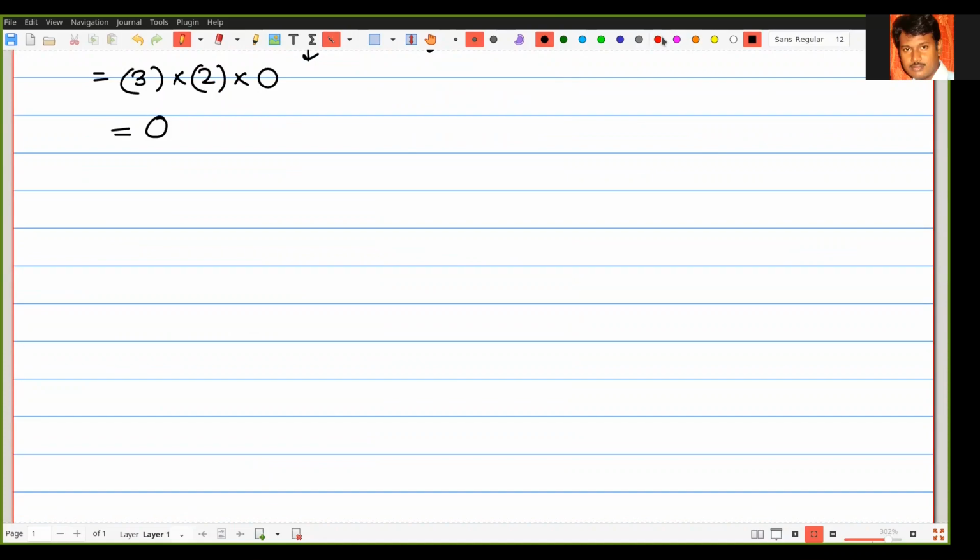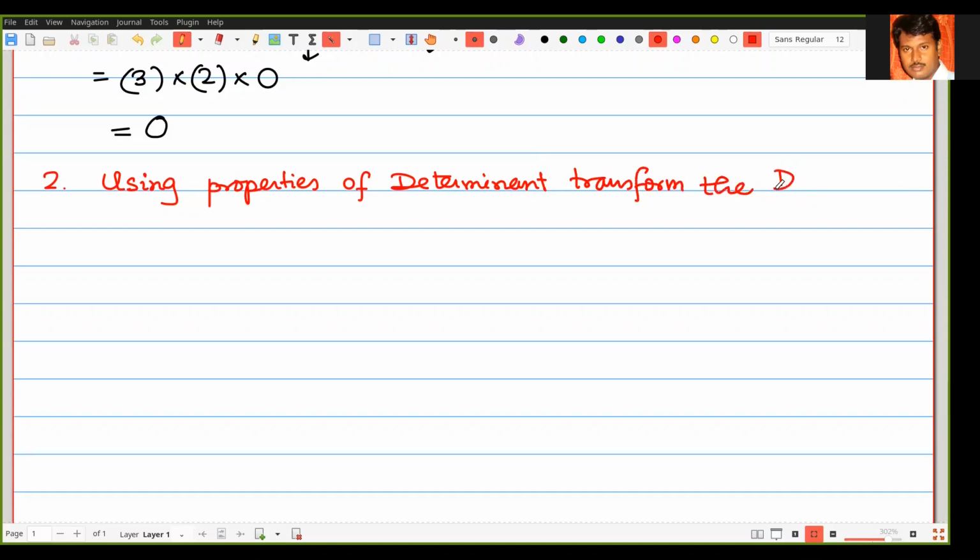Next question. Using properties of determinant, transform the determinant, that is 1, -2, 3, 2, -1, 4, and -2, 3, 1